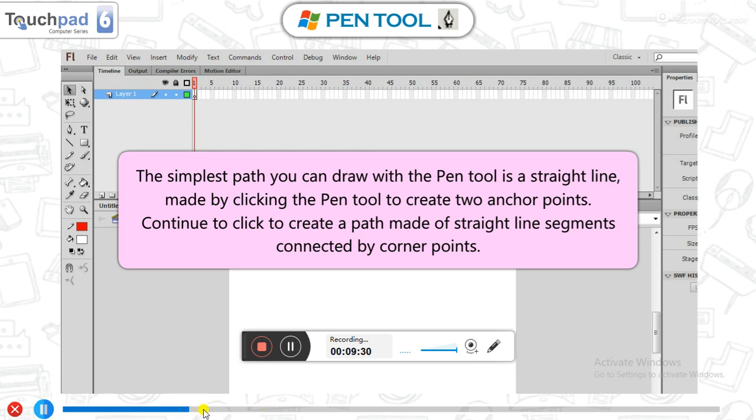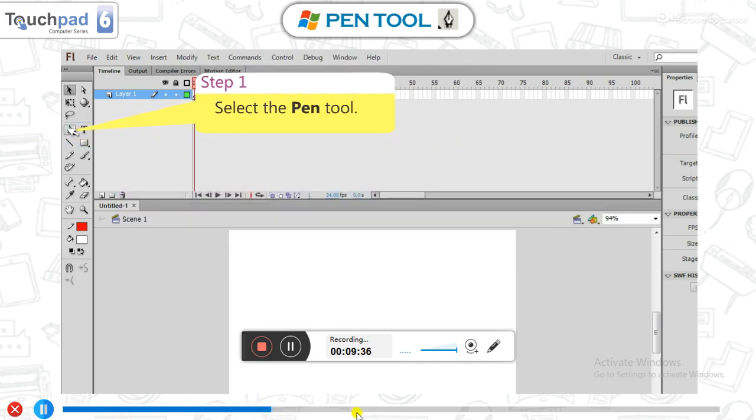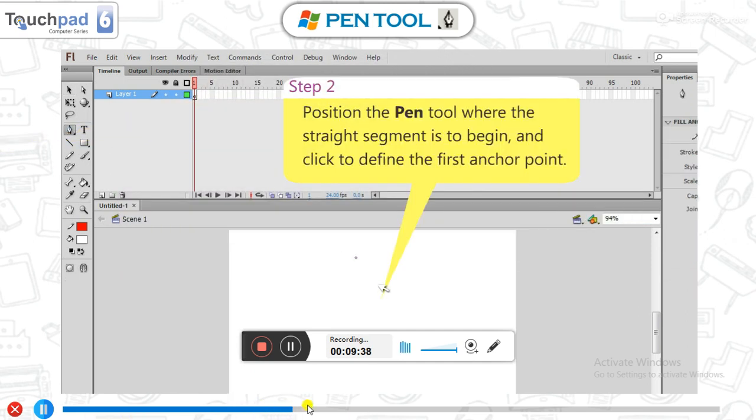After that, one by one, click at the other positions, and your line will be drawn. You can see here, click here, again click here, there. You don't need to drag. You only have to click at one position.